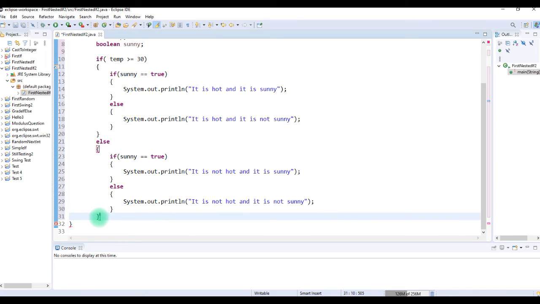Notice when I click on this brace right here, it shows me the equal and opposing brace. So here's the closed brace. I clicked right here, and this shows me that the open brace to that is up here. If I click on this brace right here,